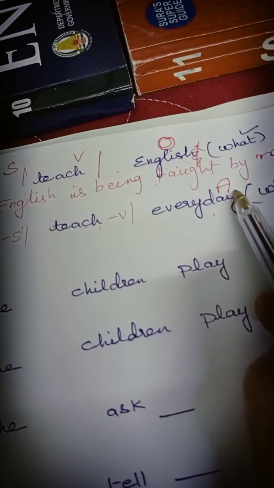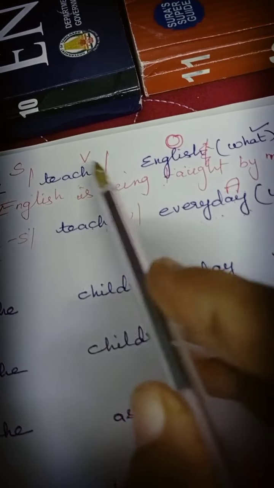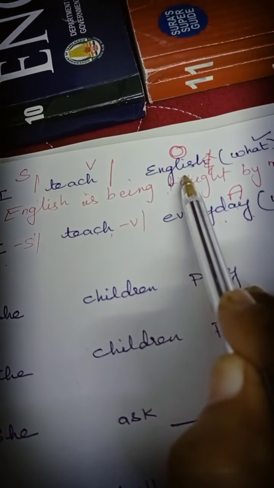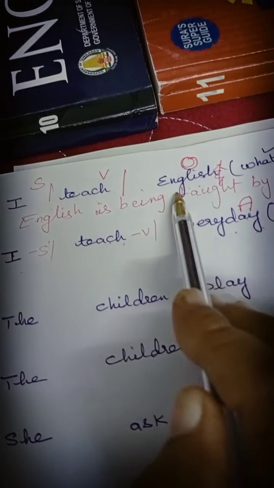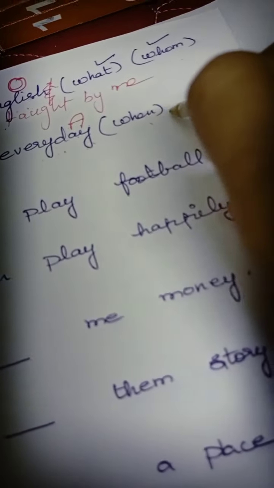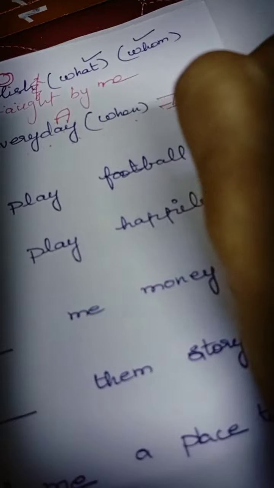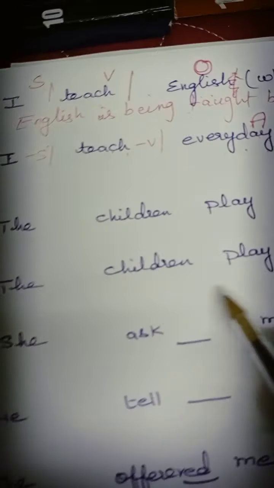A verb plus adjunct, not verb plus object. Only a verb plus object can be changed into passive voice, that is transitive. This is an intransitive sentence. When we are not able to change it, it becomes intransitive.